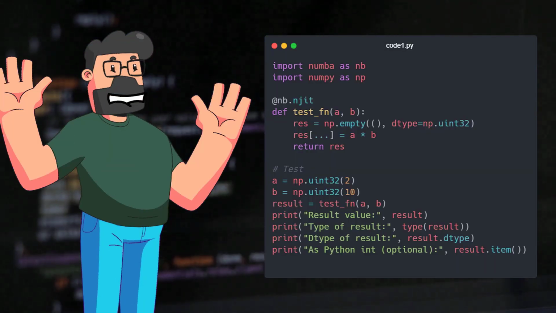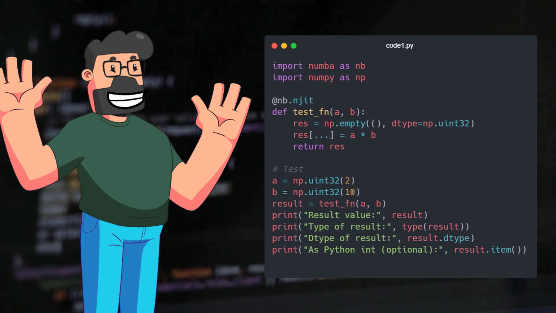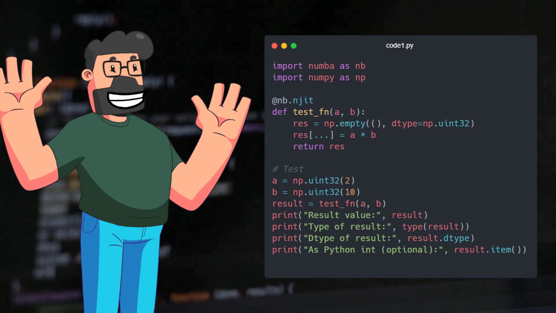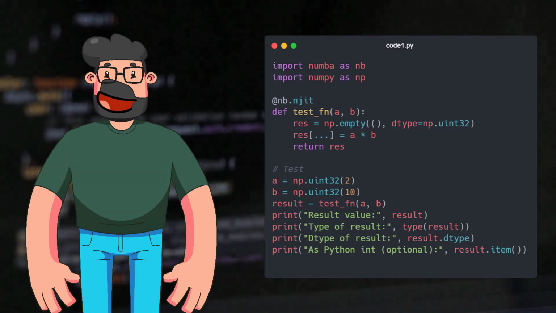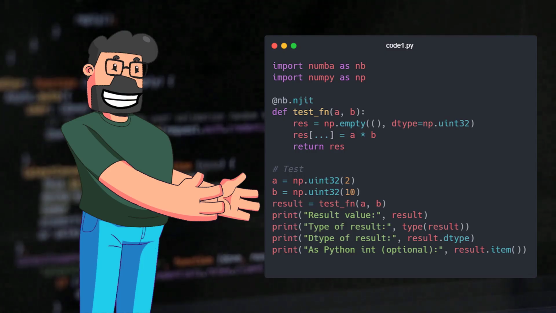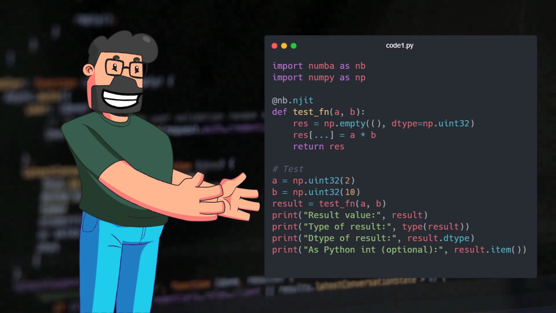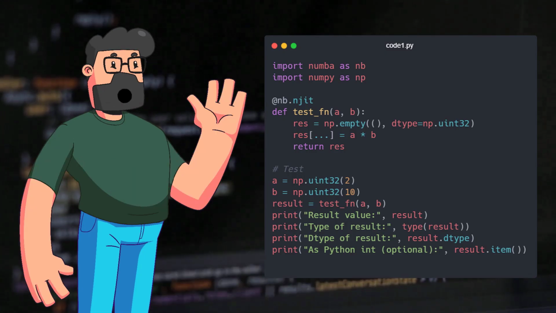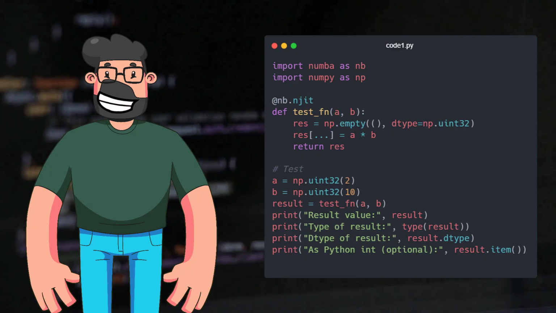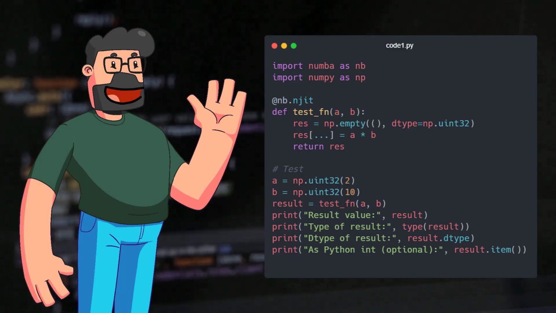The first approach provided involves creating a Numba function that uses NumPy to define the return value with the correct type. By creating an empty array with the desired data type and assigning the result to it, we ensure that the return value behaves like a scalar but maintains the correct type. This approach is clean, less verbose, interoperable with other Numba functions, and ensures that the return value is of a